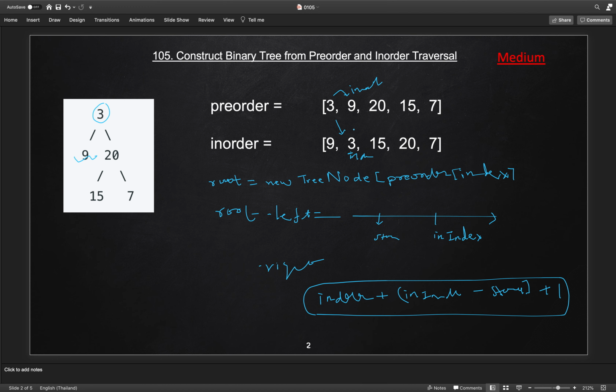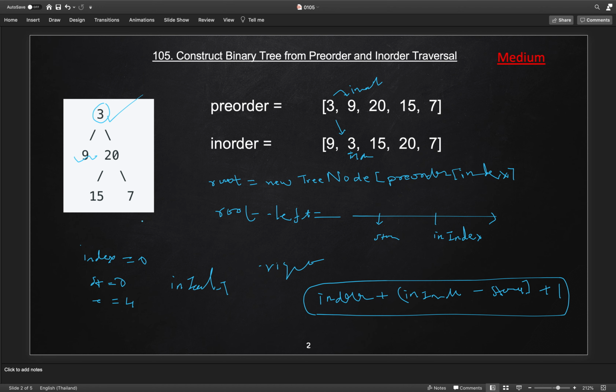So let's understand. For example, initially index will be 0, start, let's shortcut is st, 0, and e is also 4. So first we will get this is our root. Now after that we will find inIndex, which will be 1.